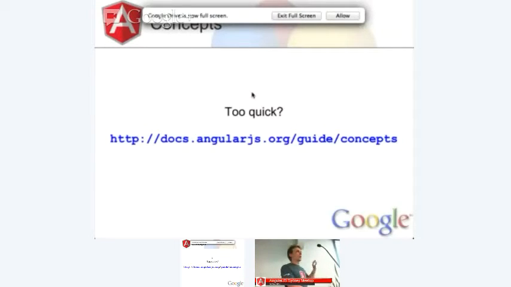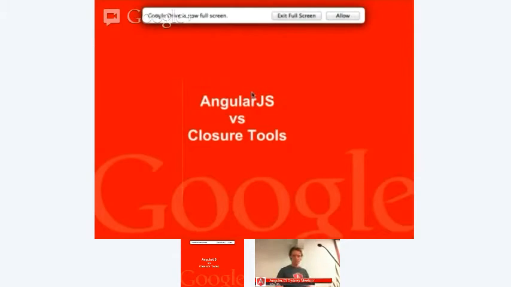This website is absolutely fantastic, basically to just go through everything I've said and a little bit more in terms of how the pieces of Angular fit together and how you can conceptualize them. It's got diagrams and an explanation of how all of these compiler passes work. If you're looking for a deeper understanding of Angular, I can't recommend it enough. This is actually one of the things that's really improved since version 0.9: the documentation is amazingly improved.